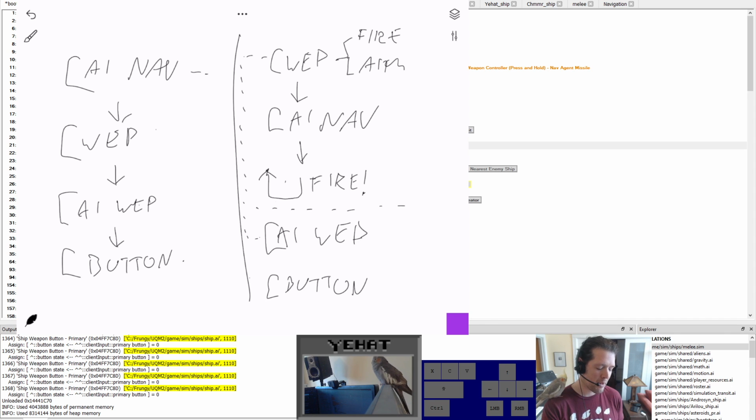And then the AI weapon, which I should just call this AI weapon, I was trying to make the diagram not awful. Then the AI weapon says, okay, well, here's what it means when I'm told to fire. And they move along, and the button is just sort of listening, saying, should I be doing anything? But it's up to the AI weapon to decide what button presses to tell the button to do. And that's one of the key elements of making this a